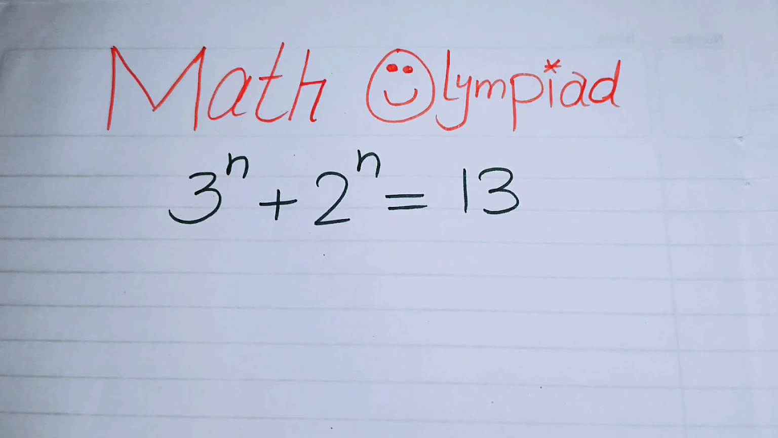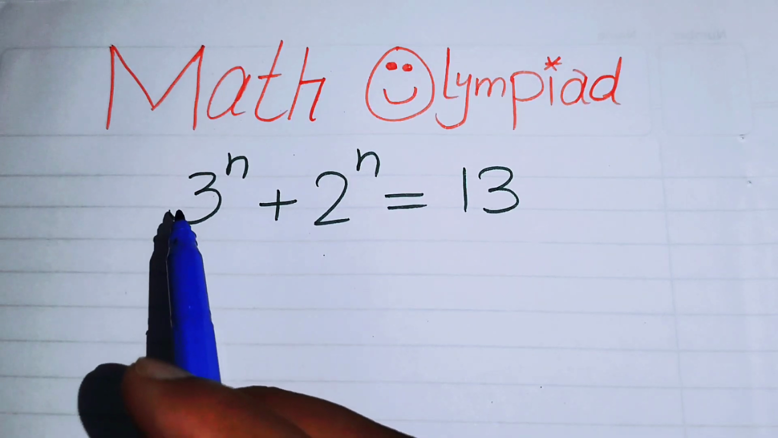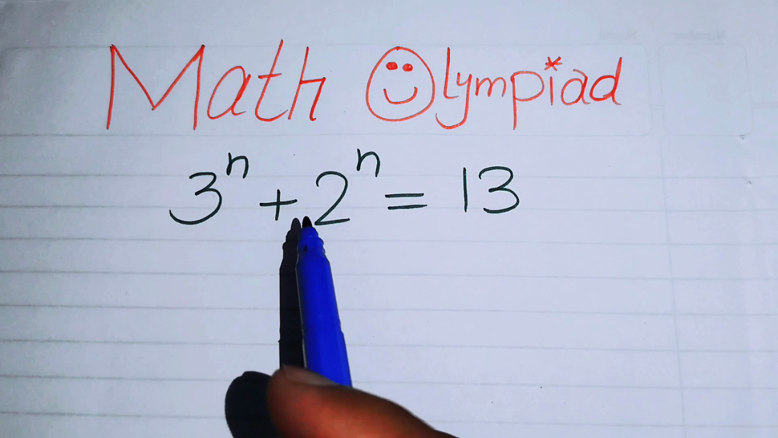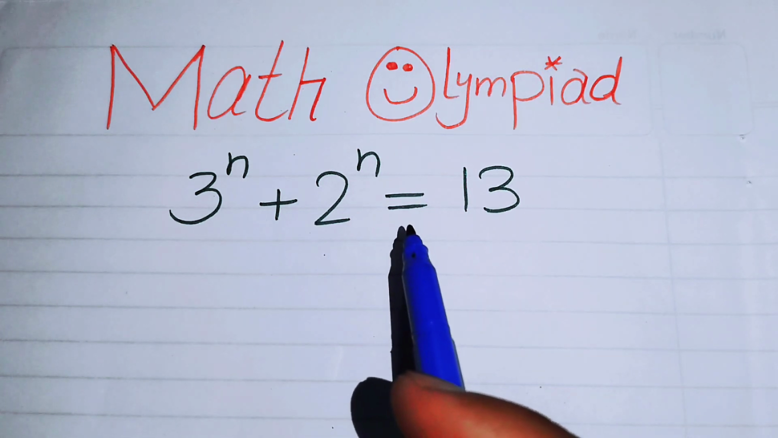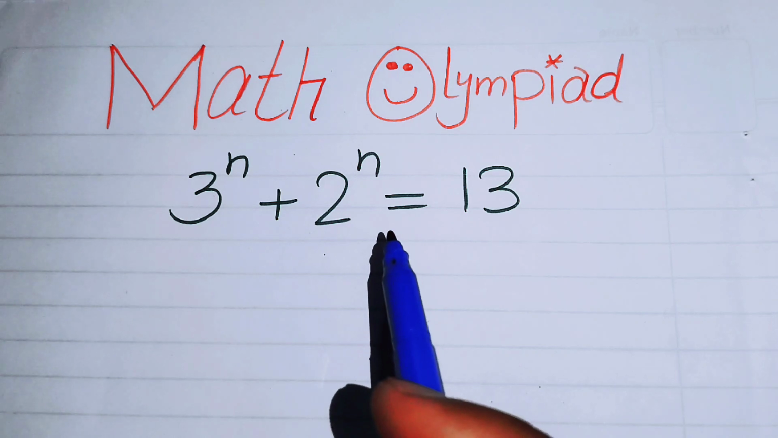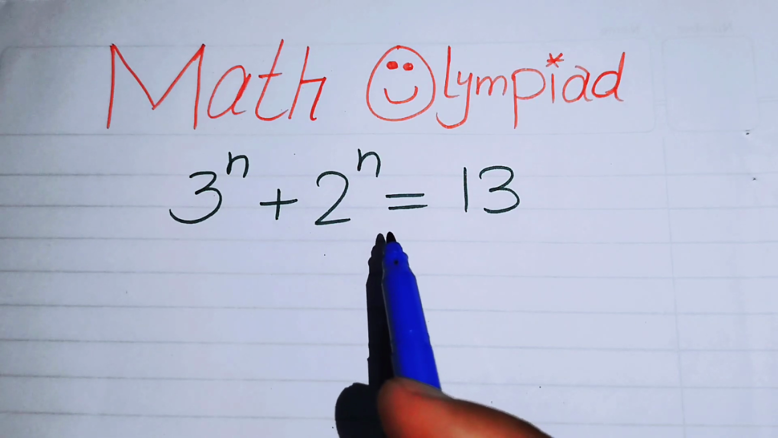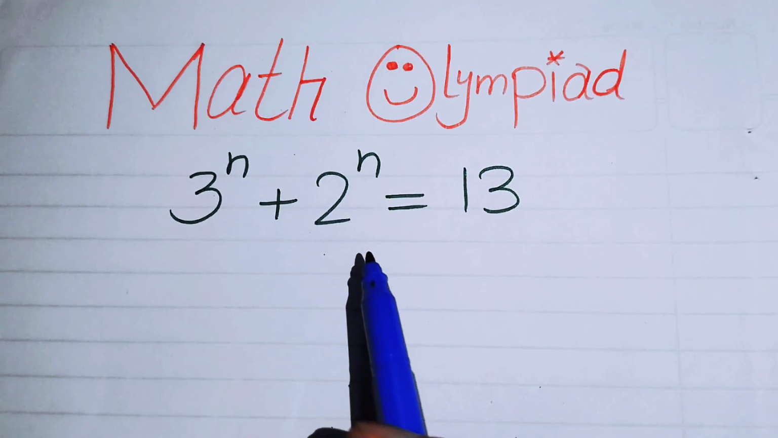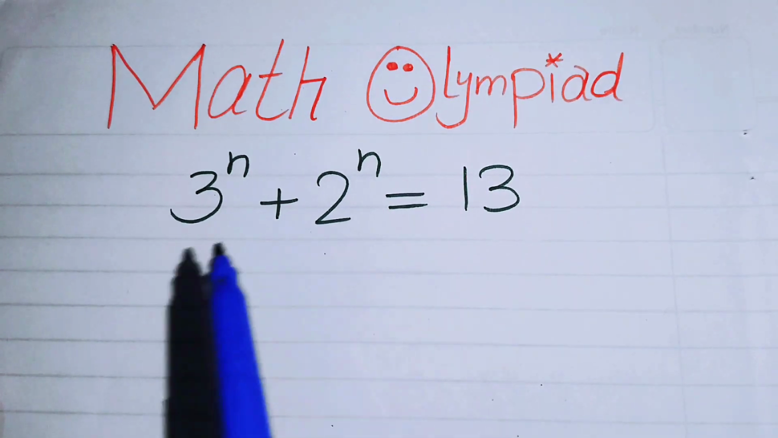In this video we are going to solve this nice algebra problem, and here we have 3 to the power of n plus 2 to the power of n is equal to 13, and we will solve this problem for the values of n. So the very first thing we are going to do is, first I can rewrite this equation as,